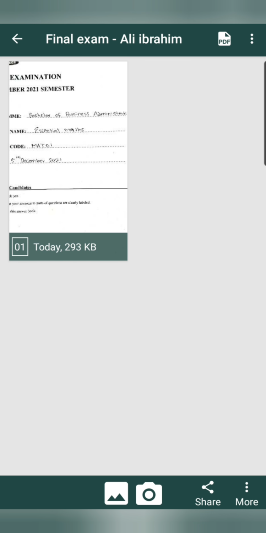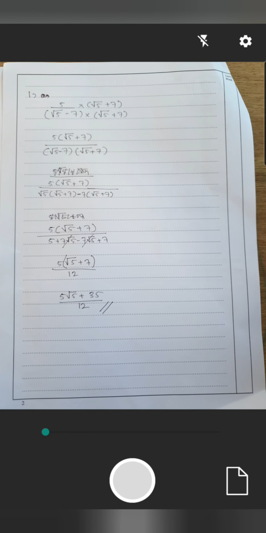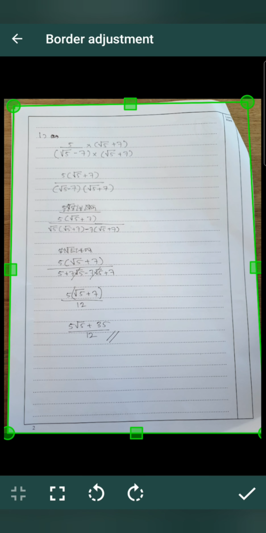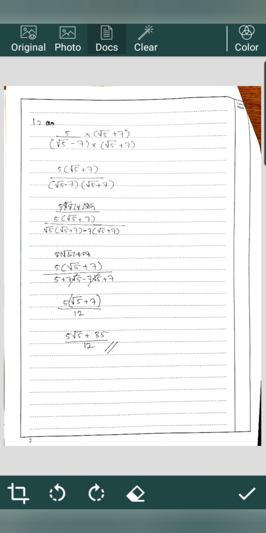Now you will have multiple pages in the exam paper, right? So if you want to add a page to this document, again click on the camera icon that you see at the bottom of the screen. And again take a picture. Select the region and again press the check icon at the bottom of the screen and the image gets processed.